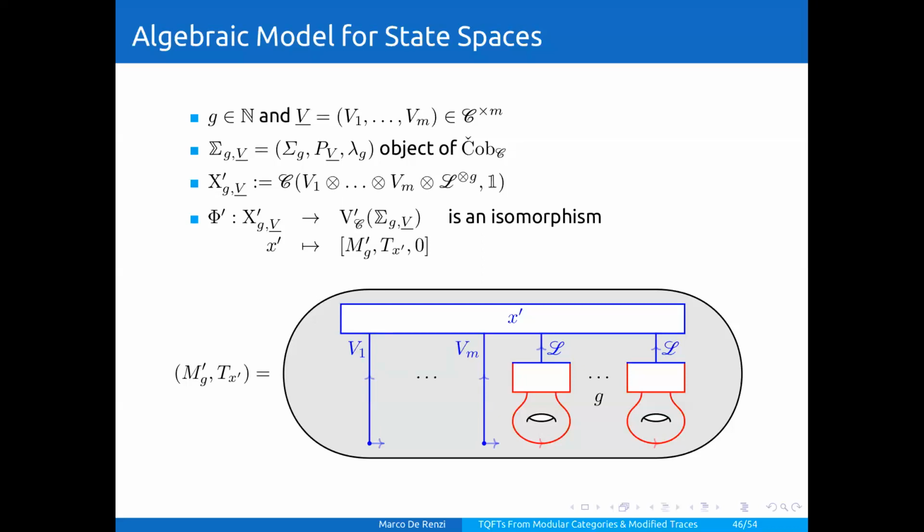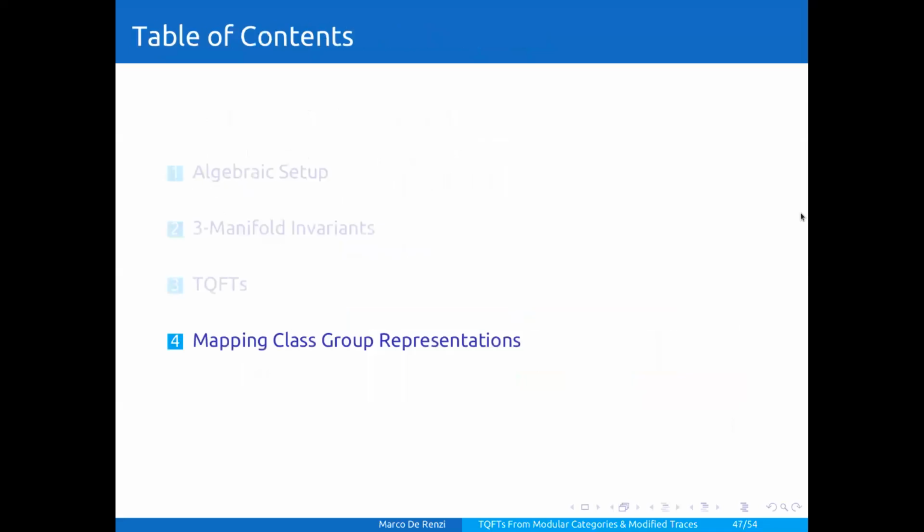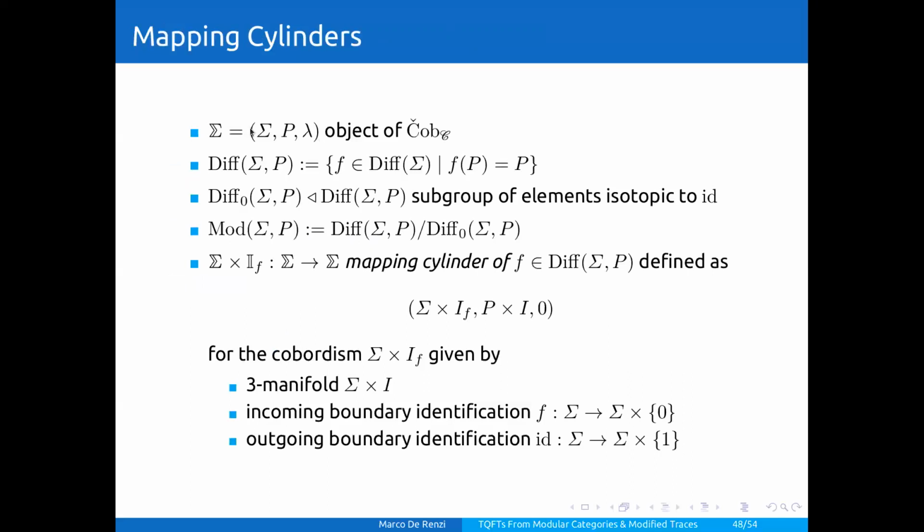So this is the explicit model, and once I gave you this explicit model, let me tell you a little bit about how these state spaces support representations of mapping class groups. The first thing I will tell you is what is the mapping class group in this context, the relevant notion. So if sigma is an object of the category of admissible decorated Cobordisms, then we consider its first two coordinates, and we consider the group of diffeomorphisms of sigma which preserve F. So this is a group of diffeomorphisms of sigma which